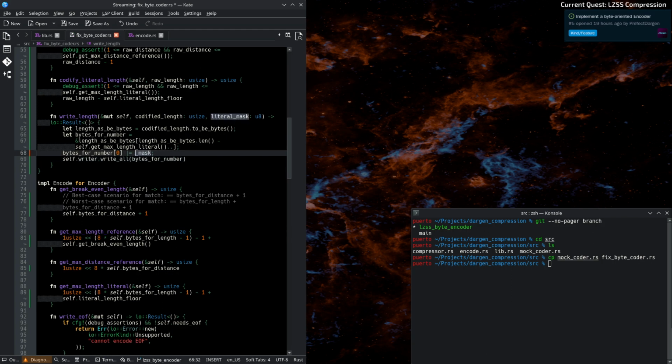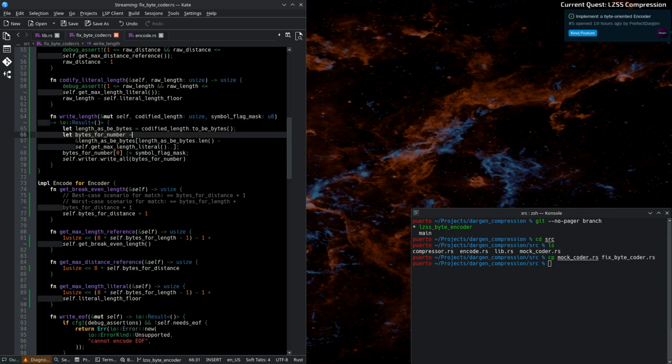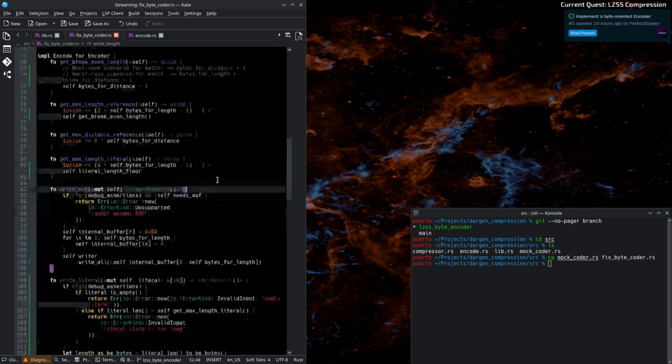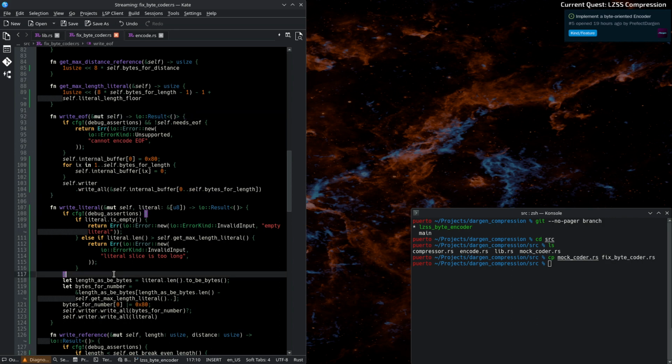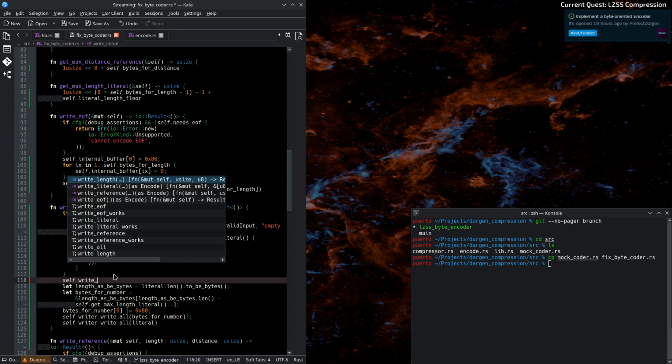Literal mask, symbol, flag, mask. All right. So now writing literal is just self write length